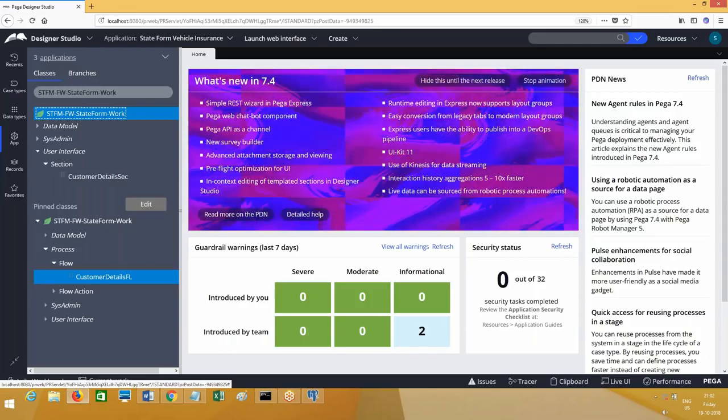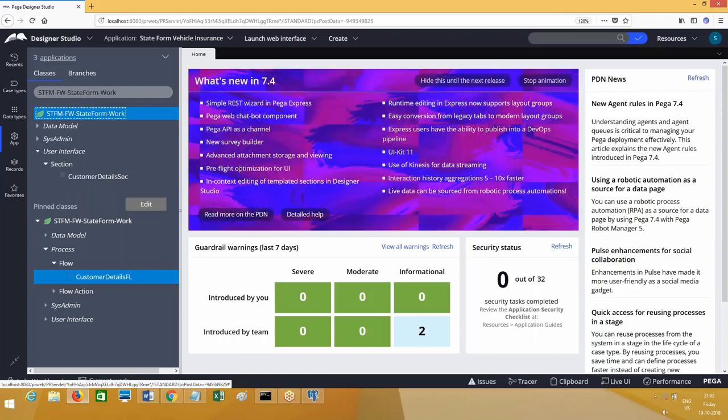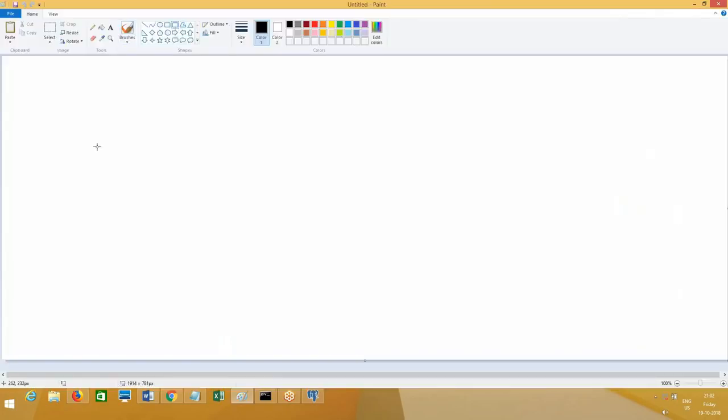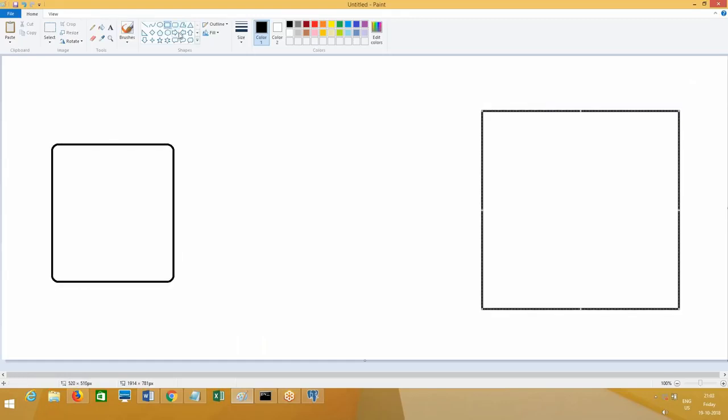Let me draw a diagram here and show you before we wind up. See, this is the PRPC environment and this is the database table, right? This diagram will be modified two times going forward later.